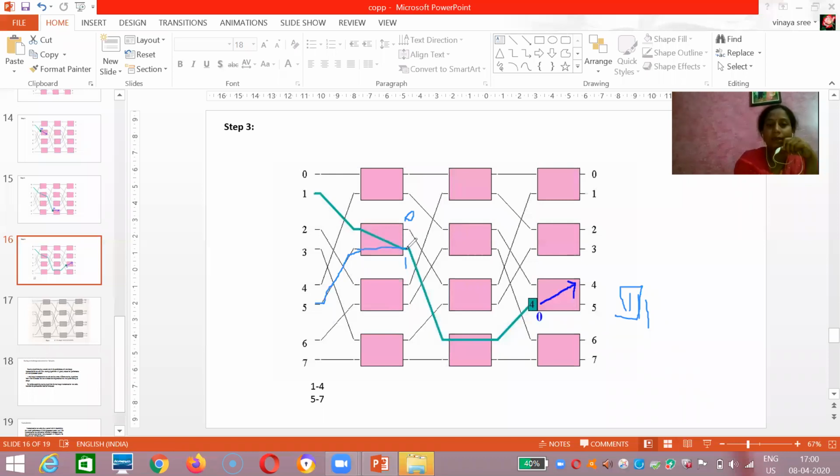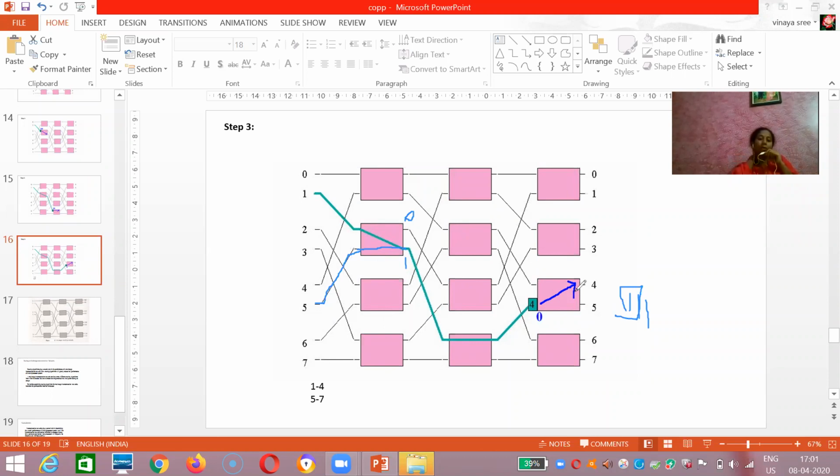Okay, so what is happening? From this switch you are getting two outputs, so which one is to be passed and which one is to be discarded? Definitely one should be discarded and one should be forwarded. That is a problem with the omega switching network. When processor 1 wants to access memory module 4 and processor 5 wants to access memory module 7, in the beginning stage itself, in the MSB part itself, both are accessing the same output, so it is not possible. Definitely one has to be discarded and the other one will reach and finally access its module.